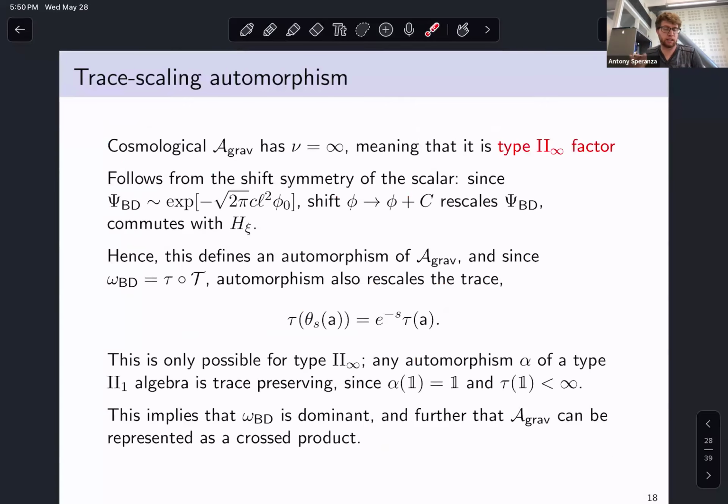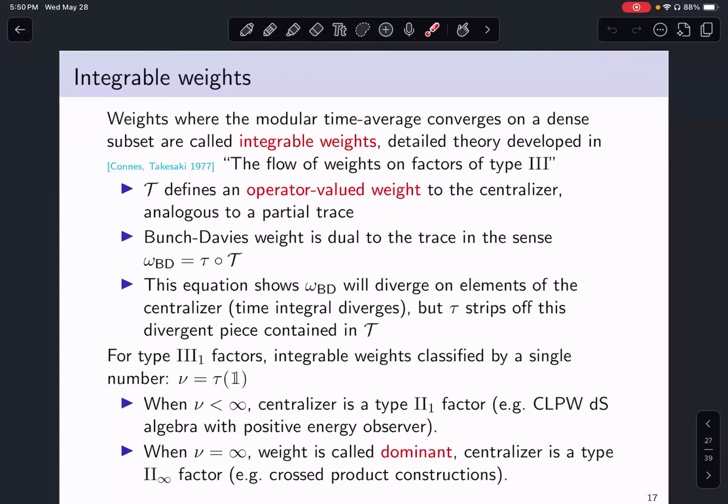So in the context of the scalar, before you go on, just make sure I don't get lost. Can you go back one slide? First of all, when you say that T is like a partial trace, what are you partially tracing over? It's kind of like the operators that are not invariant under the flow. The thing is,